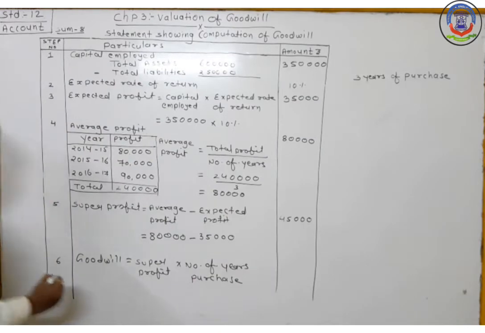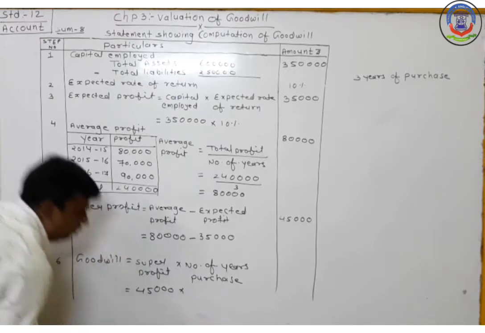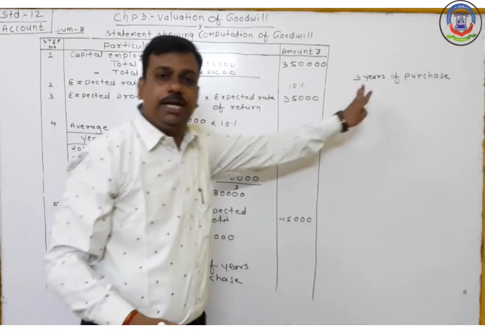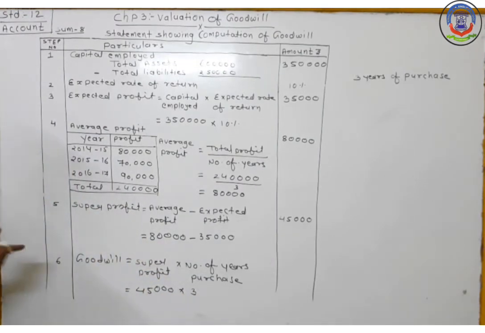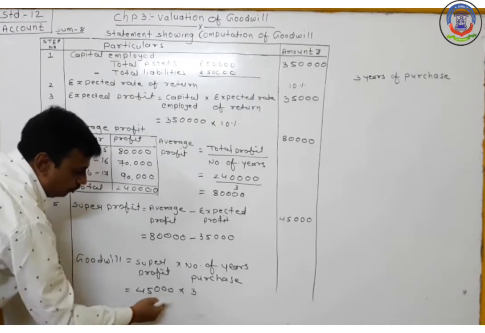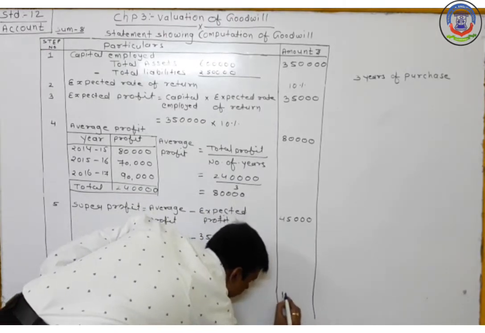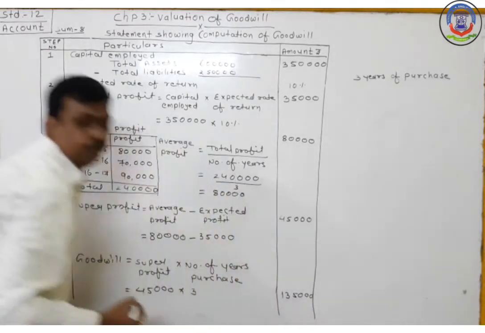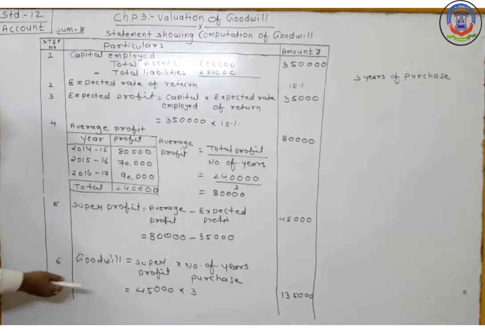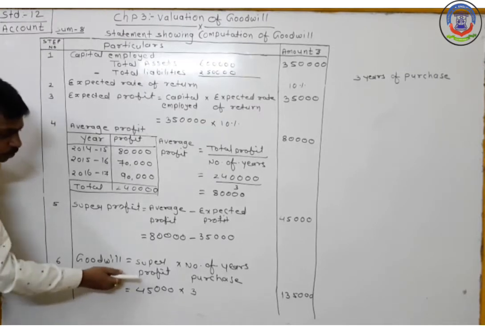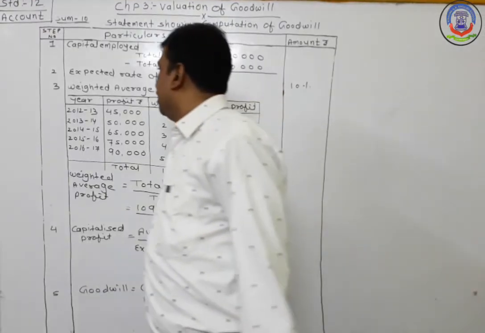Now super profit is rupees 45,000 multiplied by number of years purchase. It is mentioned in the sum: number of years purchase is 3. Multiplying super profit by number of years purchase, the total amount is rupees 1,35,000. On the basis of the super profit method, we can know goodwill, using this formula: goodwill equals super profit multiplied by number of years purchase. Fine. Now we are going to solve